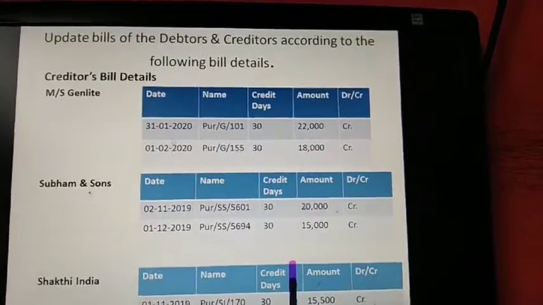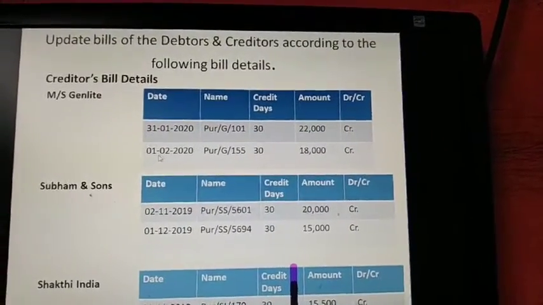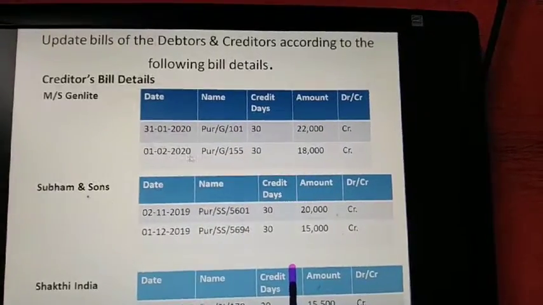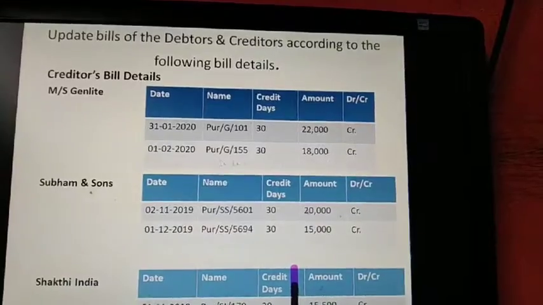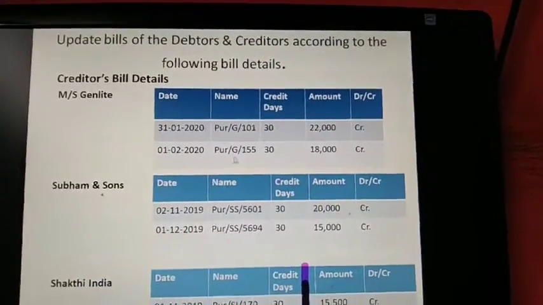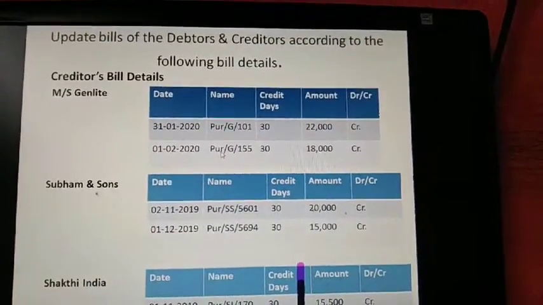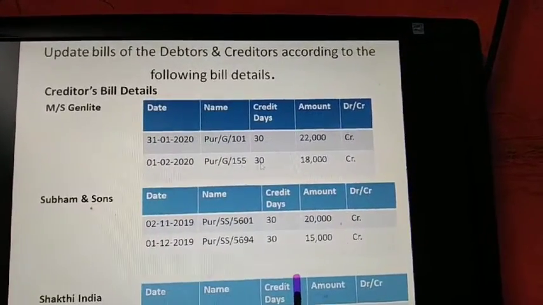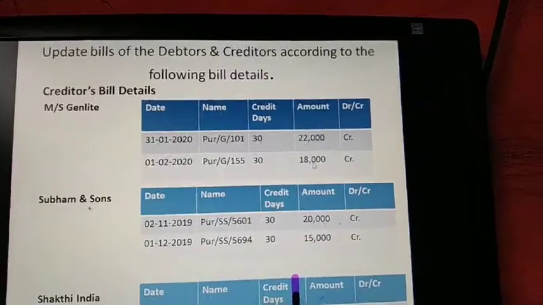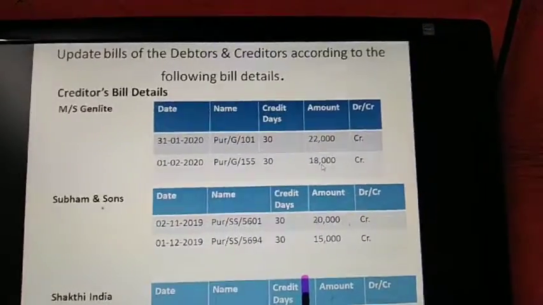Next bill, 2 bills are pending. That is, the next bill date is 1st February 2020, and this is a bill name. We will be writing a bill name in this way, so as to understand the purchases and the company, their supplier name with the bill number, and credit days, and 18,000 is their bill amount.